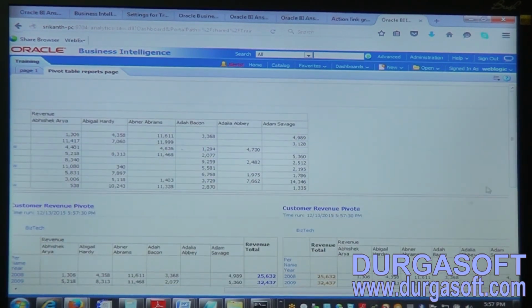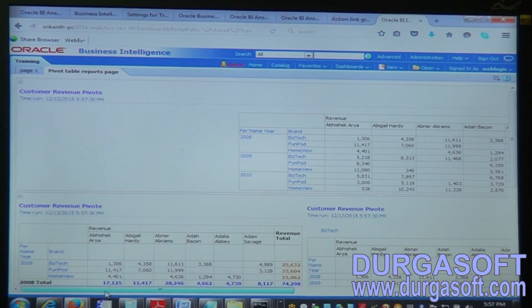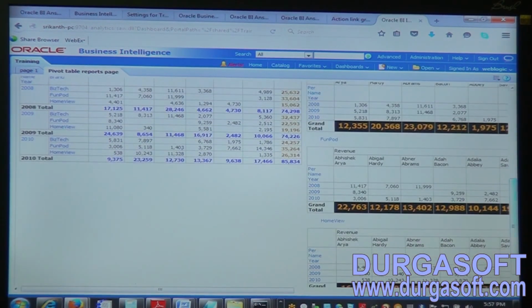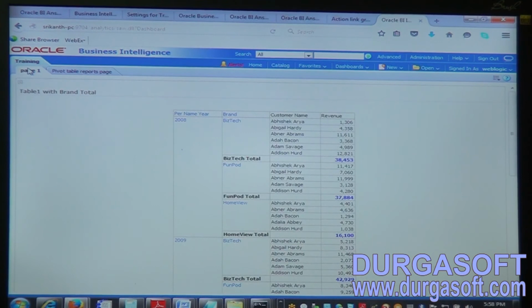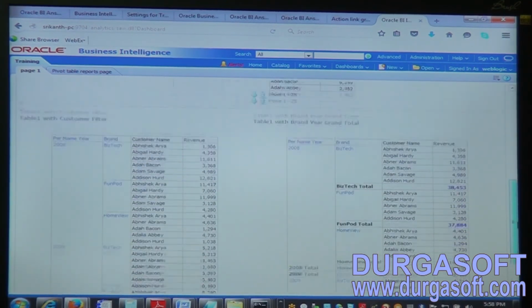Normally it will be 1 or 2 reports which fit the screen. They will be asking us to promote it here. Now we can see the first page is available. Once we click on the left side corner, first page, we can see the table view reports, but it is showing page 1, right? Let us change the page name also.